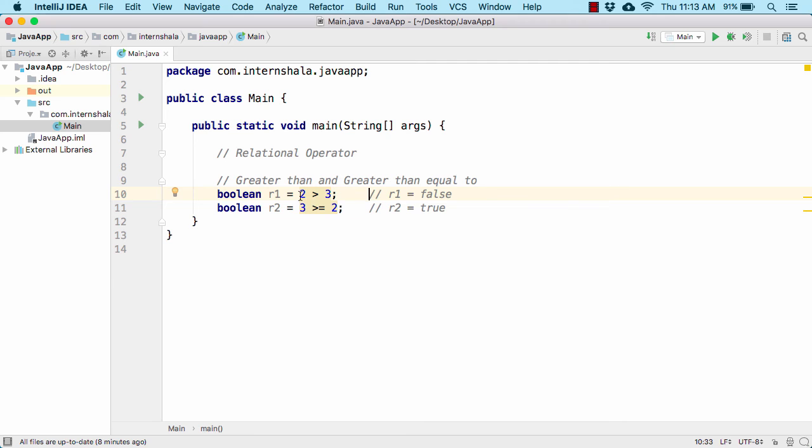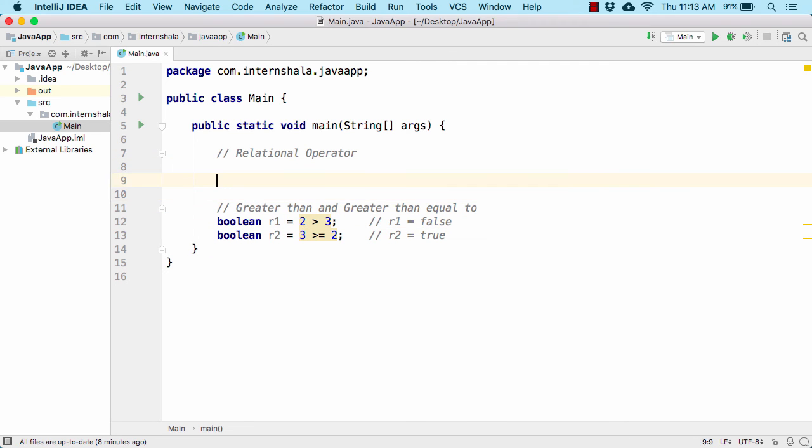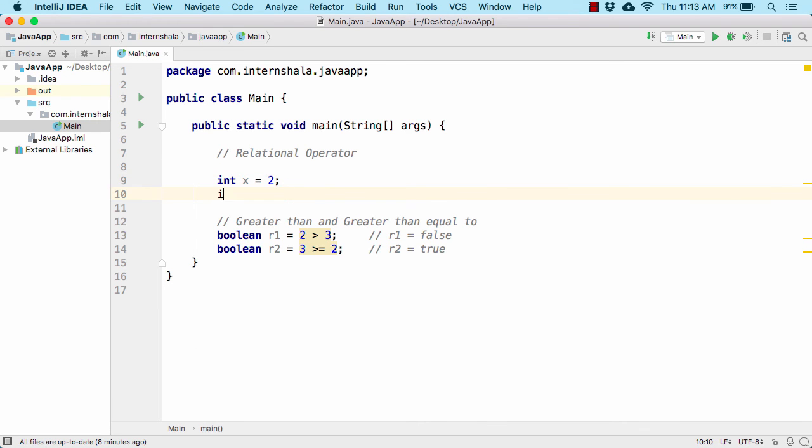Now instead of writing the numbers directly, why don't we assign them to some variables? For example, int x equal to 2 and then int y equal to 3. Let us replace these values by x and here y, and again here y, and instead of 2, let us use x.